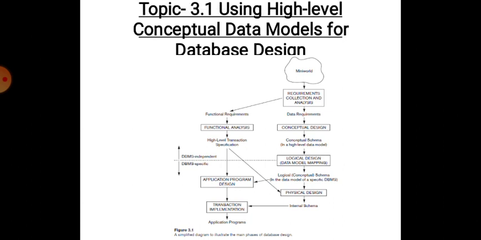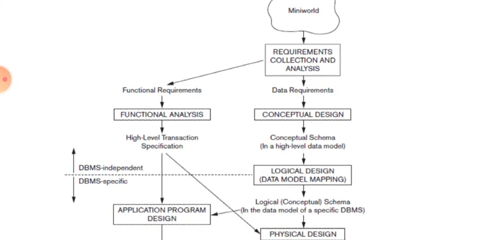Students, you can find here a diagram which is related to conceptual database design. This diagram I will be sending with the PDF, and you can copy it down from there. Now if you see in this diagram, there are two parts. There is a left part and a right part. In the left part you have the application program development, and in the right part you have database design. Let us first concentrate on the right part, that is database design.